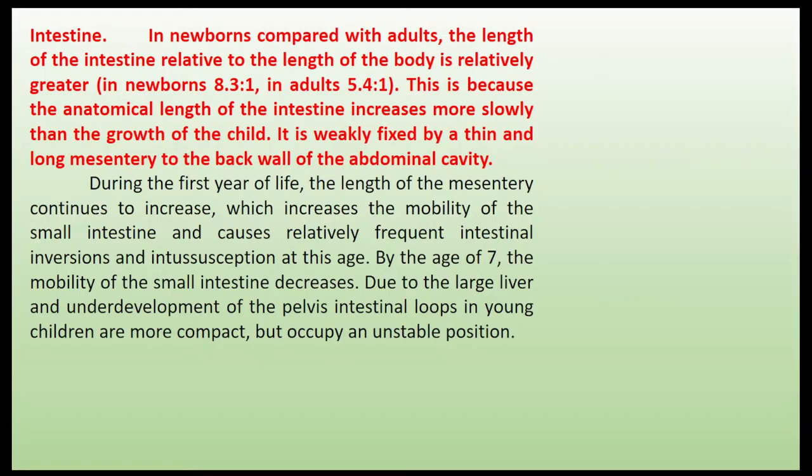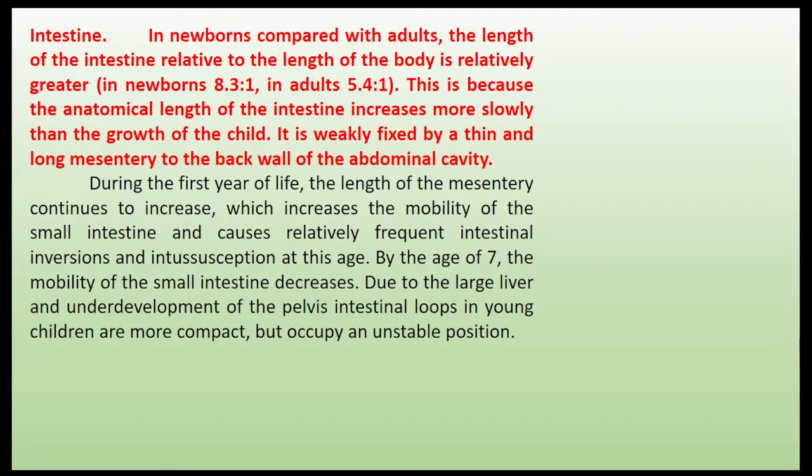Okay, let's go to the intestine. In newborns, compared with adults, the length of the intestine relative to the length of the body is relatively greater. In newborns, 8.3 to 1. In adults, 5.4 to 1. It's the ratio between the length of the intestine and the length of the body. This is because the anatomical length of the intestine increases more slowly than growth of the child,